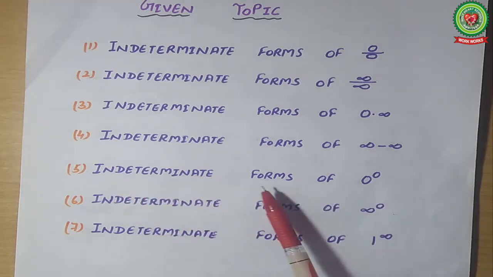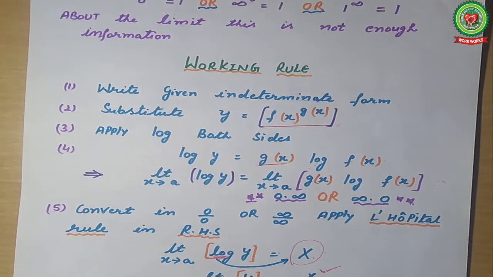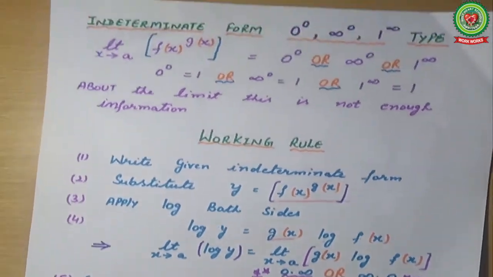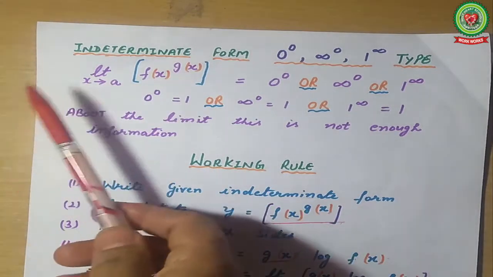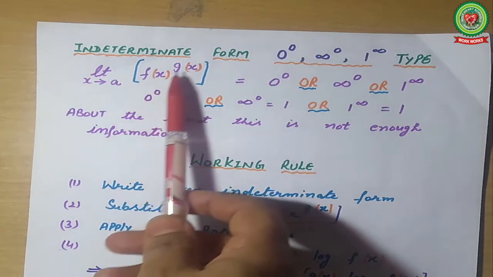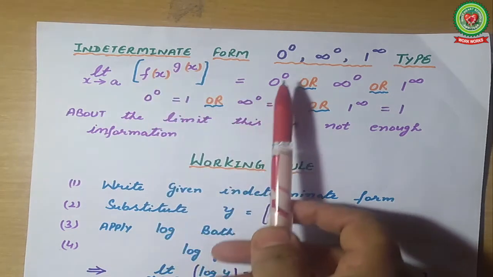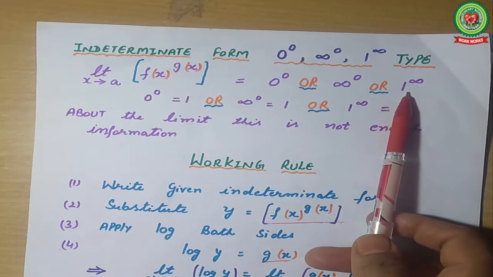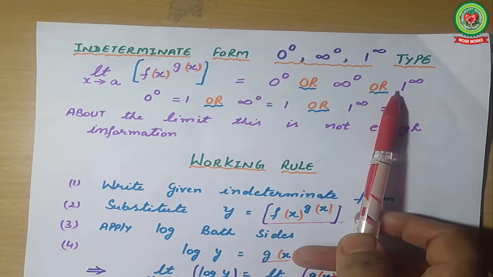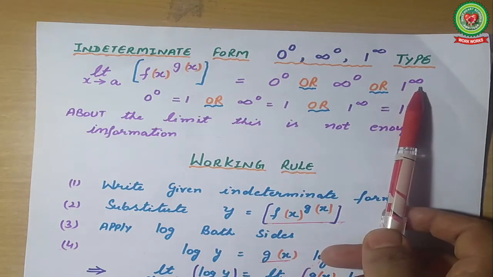The indeterminate forms may be the 0 raised to power 0 form, the infinity raised to power 0 form, or the 1 raised to power infinity form. As I have discussed, if functions are in the exponential form, then the statement will be in this form: any limit will be given to you as f(x) raised to power g(x). These two are the functions. When you approach the limit on the base, you will get 0, infinity or 1, any one of these values. When you approach the limit on the power, you will get 0 or infinity.